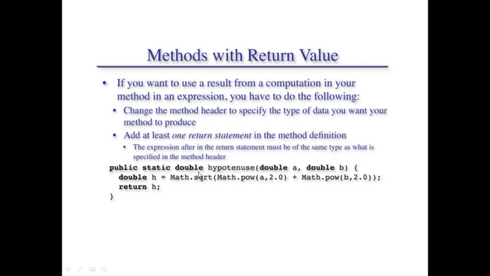Now this statement, double h is equal to math.sqrt, brackets, math.pow. First of all, you have to be clear about what the innermost method is returning. The innermost methods over here are two that are separated by a plus symbol. The first call says math.pow a comma 2.0. What will it do? This power method is already defined. It is a static method of the math class.